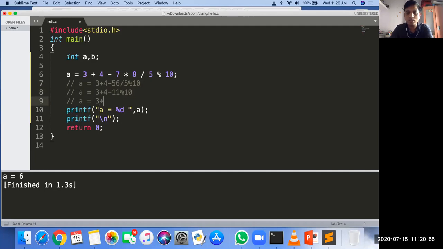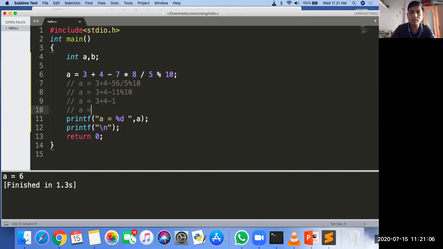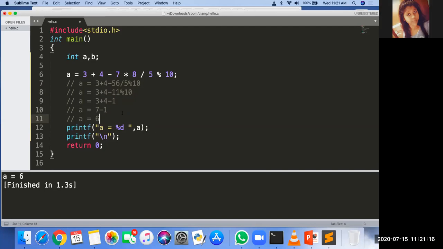Then in the next step, 3 plus 4 is not solved, minus is also not solved, but which one is solved here? Modulo operator is solved. So 11 modulus 10 is 1. Now next step is a is equal to 7 minus 1, and then a is equal to 6. So in this way you can solve it. Don't be in a hurry. Don't solve 2 or 3 expressions at the same time.